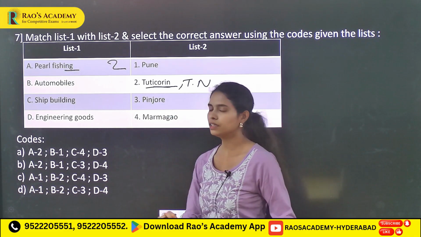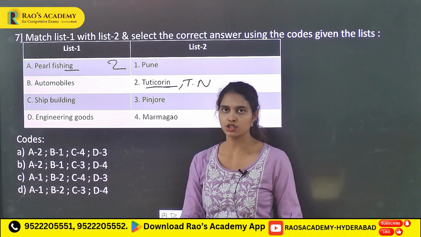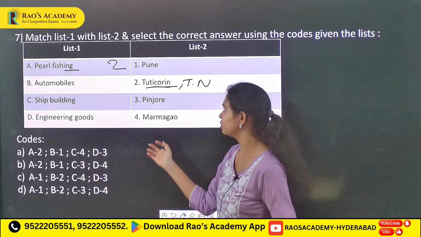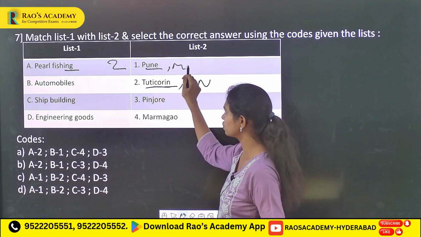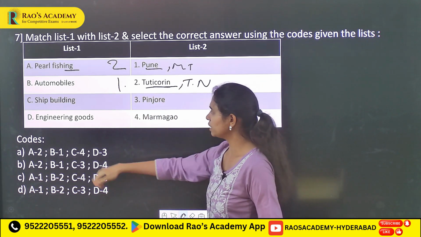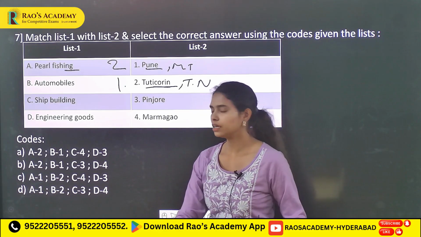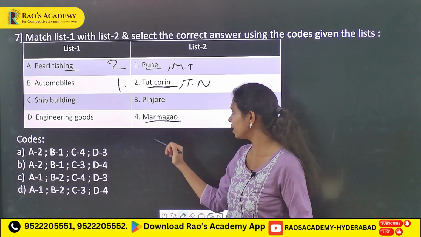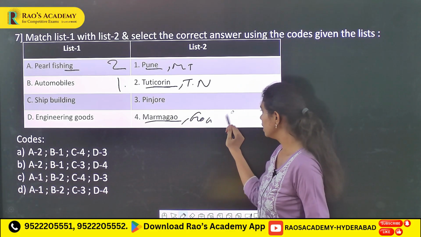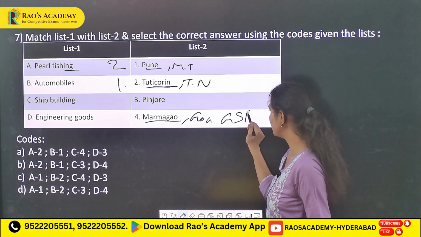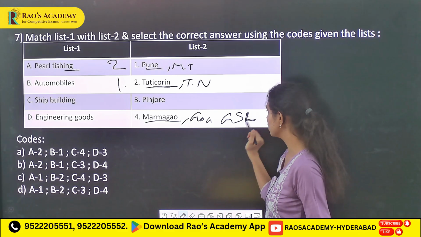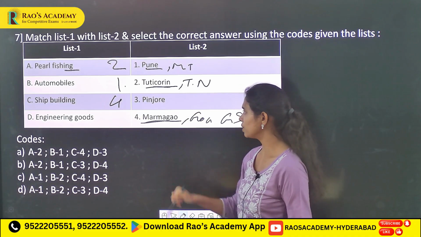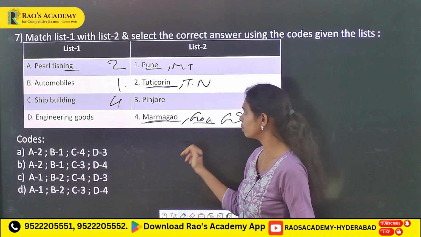automobiles, and the large production of these heavy industry based automobiles is greatly carried out in Pune, that means in Maharashtra. First one, then followed by shipbuilding. Shipbuilding has been greatly done in Marmagaon in Goa, at Goa Shipyard Limited. So here shipbuilding is observed in Marmagaon of Goa, then followed by engineering